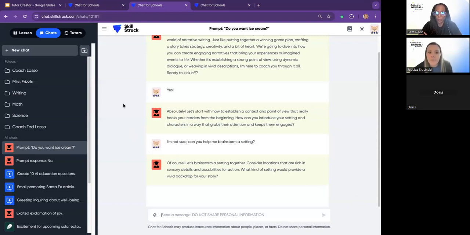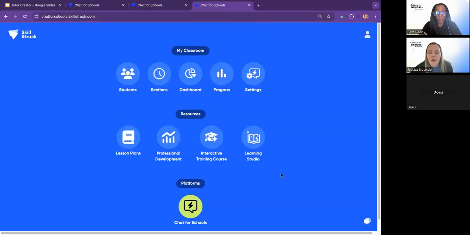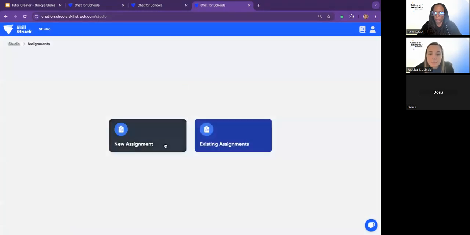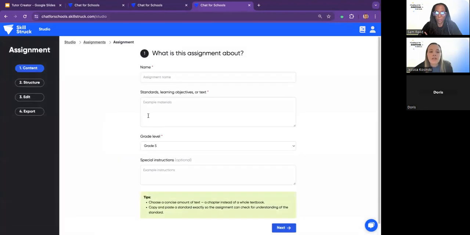But the next thing that I really wanted to point out to really make a connection between the tutor and some other tools is I'm going to go back into Learning Studio. And since I'm really thinking about writing, I am going to go into our writing assignment. So to get there, I just went back to that landing page and I'm going to visit Learning Studio and I will go into the writing assignment. Now, what you can do here is access your new assignment or your existing assignments and really generate a nice